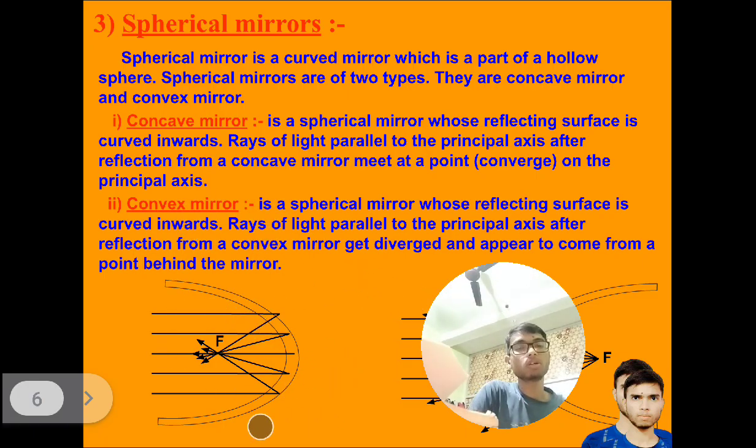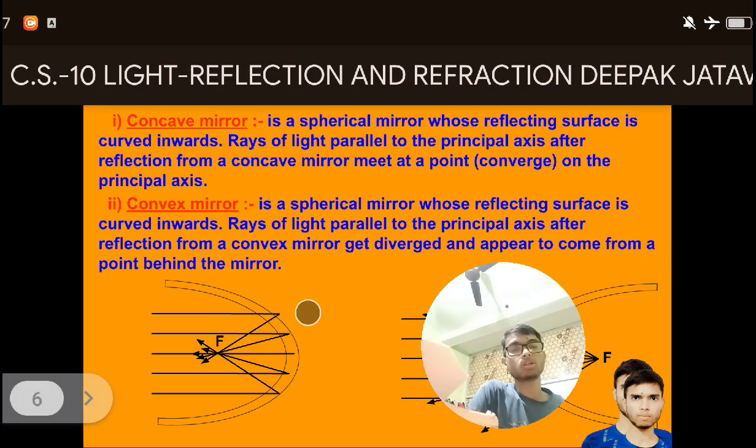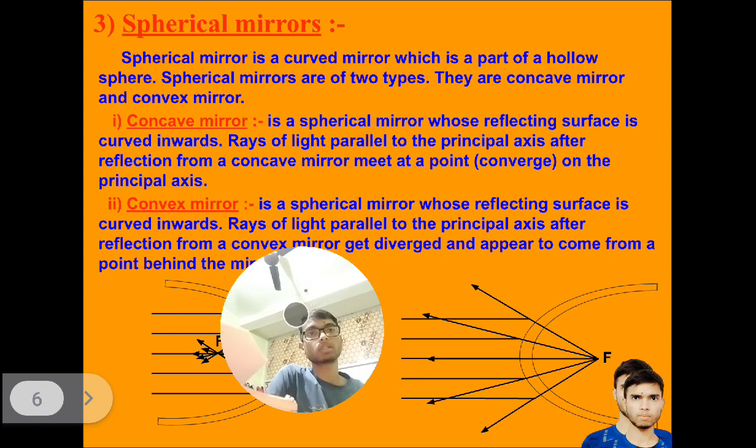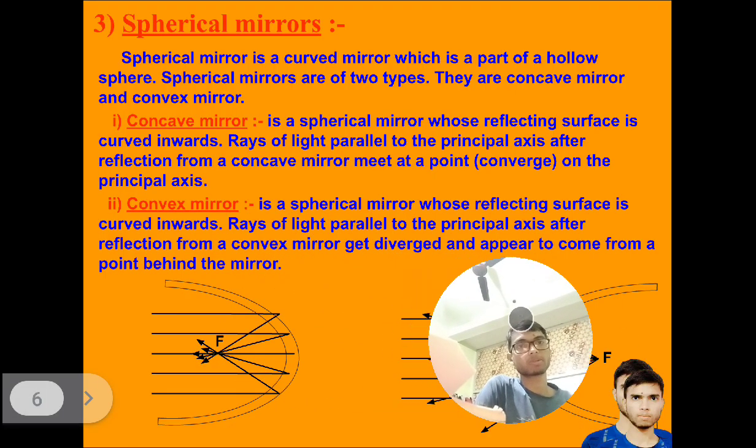So the inward part would be the reflecting surface. A concave mirror will have an inward part which will be the reflecting part, and this is a convex mirror, so the outward surface will be the reflecting surface. Remember,